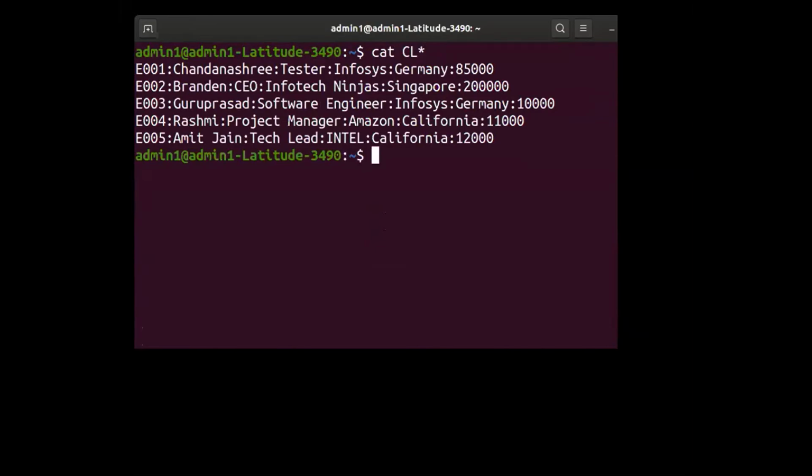Now let us see how we can use the cut command. Are you all ready? Reply in the chat box. Good. Take down the question.